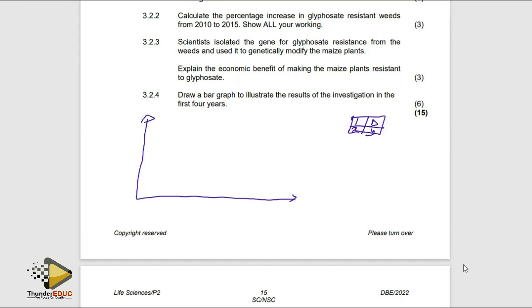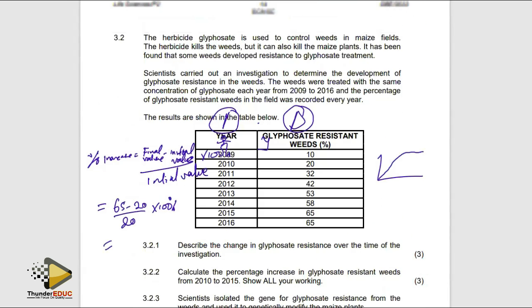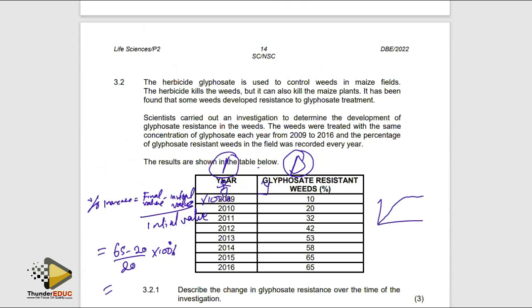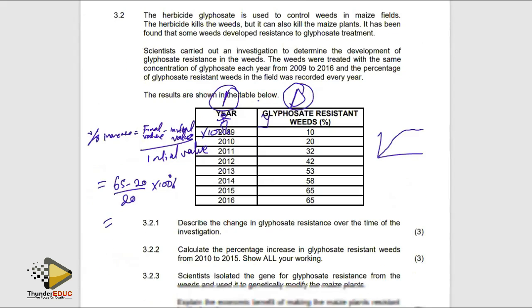This is how we mark. You write a caption. Never forget about the caption. So we give you a tick for the caption. Then after that, you write the X axis here and the Y axis here. But when you're putting the value here, for example, in this case, they are saying the percentage, the